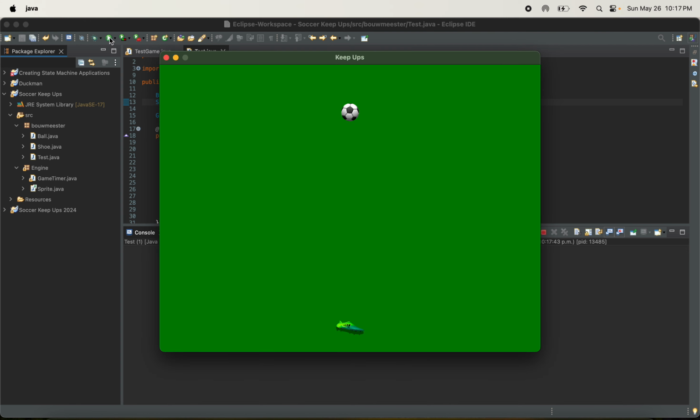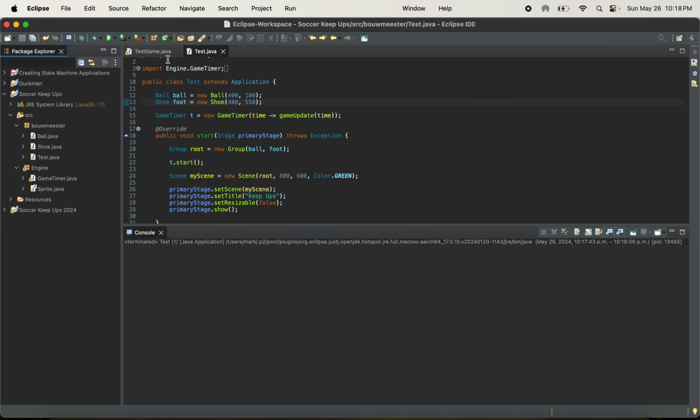Okay, guys, you should have gotten your game about this far. There should be a soccer ball and a foot on the screen now, but nothing's moving on screen, and I can't do any keyboard input at this point in time because I haven't set a velocity for either one of these sprites, and I don't have any way of checking to see whether keys are being held down each time the timer goes off. I can set up an event with the scene to see if a key gets pressed